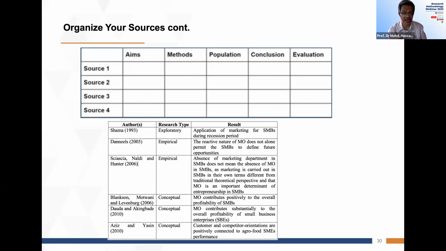Now, I shared what my previous PhD student did, Amir Rashid. He graduated many years ago. This was what he did, okay? He was looking at the research type, whether it is exploratory, empirical, or conceptual. And on the other side, he named the authors, okay? And finally, he talked about the findings. What are their findings on small, medium businesses? He was looking at market orientation of small businesses in Pakistan. So he came up with this table, and from this table,